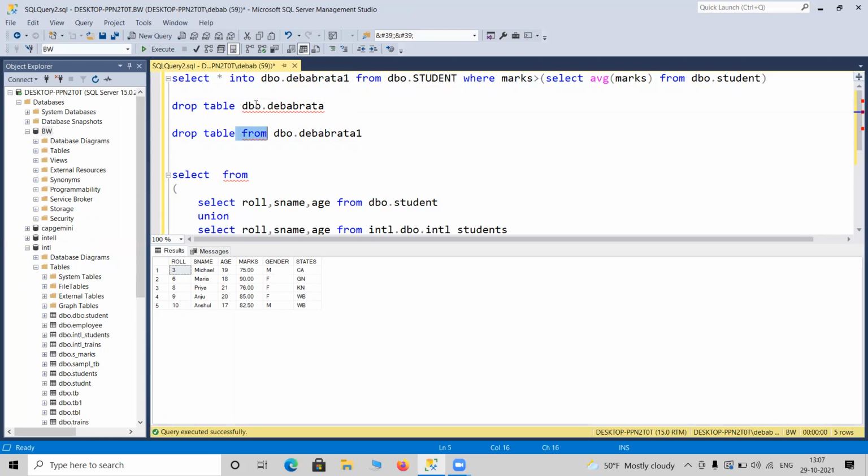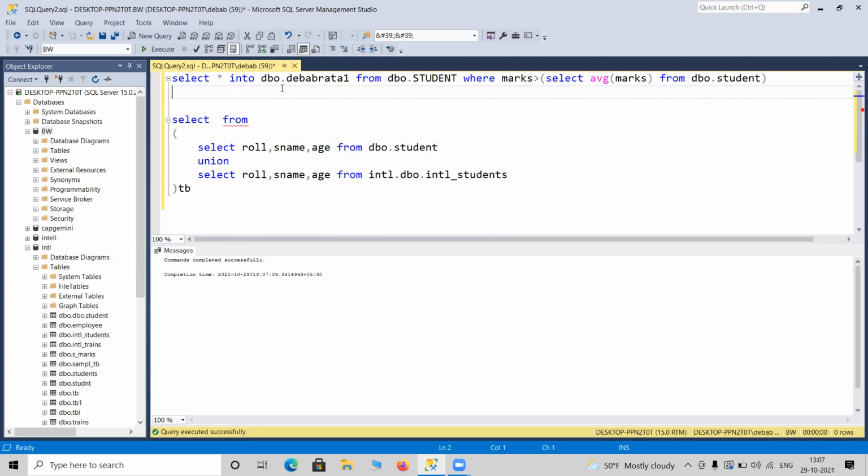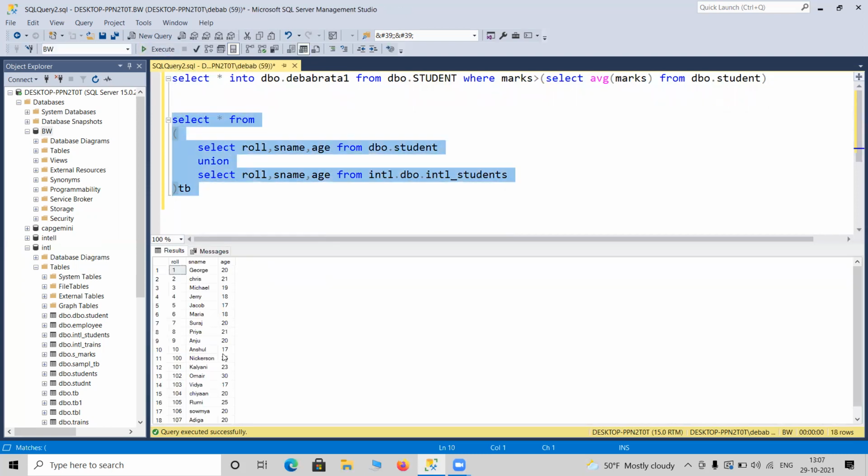I do not need these physical tables because they take some space and there is no use for them. Here you can write select star from a complicated query. Whatever we learned in the last class can be used there as well. So it is giving a good result. If you want to store this data somewhere, write INTO before the final FROM, meaning the final result set.